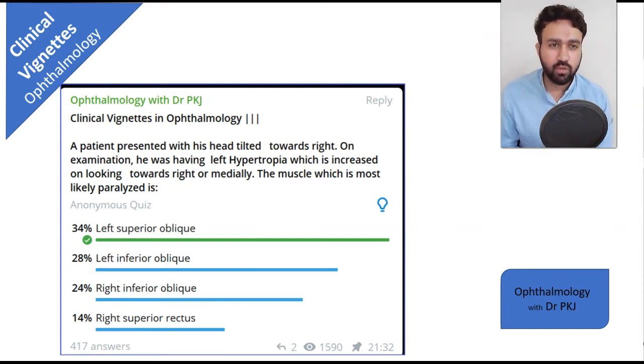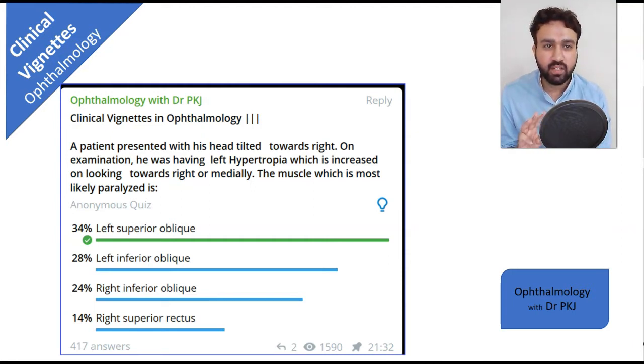So let's get started. In this question, a patient presents to us with a head tilt towards the right side. On examination, he has a left hypertropia, which increases on looking towards the right side or medially. So basically the hypertropia increases on the right gaze, and they are asking you which muscle is the most likely paralyzed muscle. This is a classic PARC 3-step question,